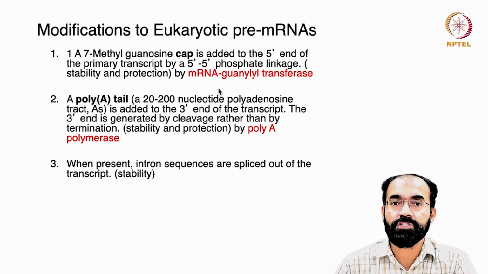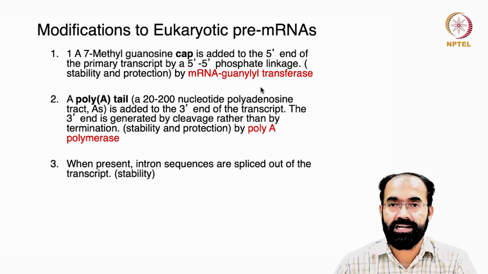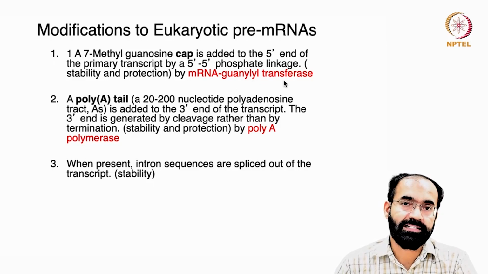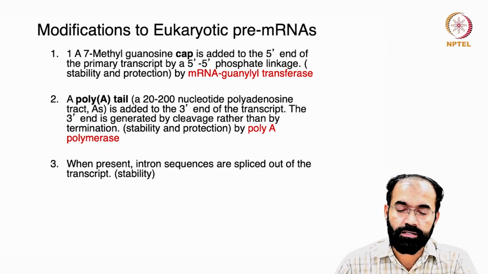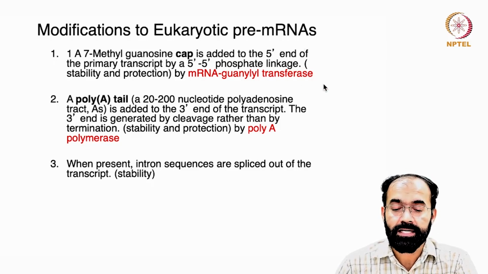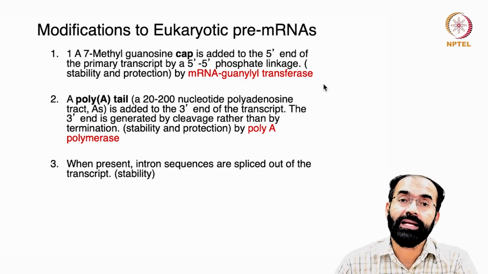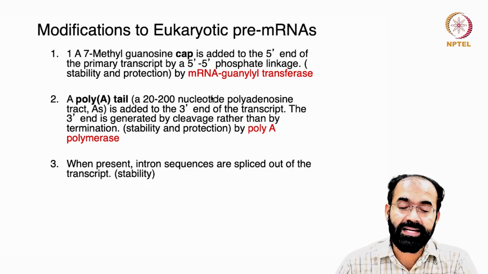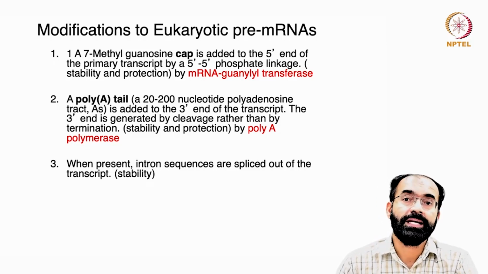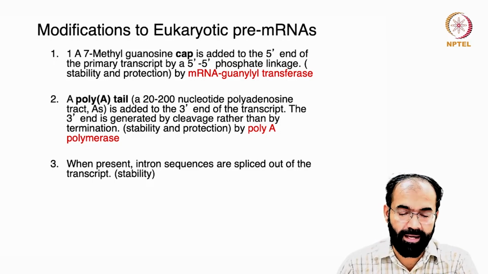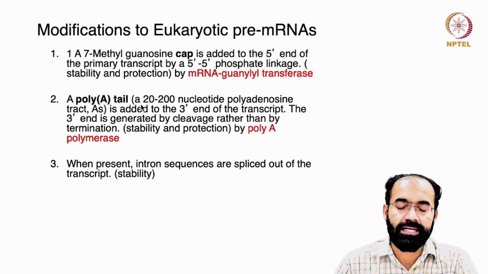The enzyme responsible for that is mRNA guanylyl transferase. Whenever you hear the word transferase in biology, it means it is transferring something, adding something. Kinase means it is adding phosphate. That's how the nomenclature is. So guanylyl transferase means it is adding a guanine, and it's not any other guanine, it has a 7-methyl group. A 7-methyl guanosine cap is added onto the 5' end of a newly formed mRNA, that is the 5' cap. And then a poly A tail is added